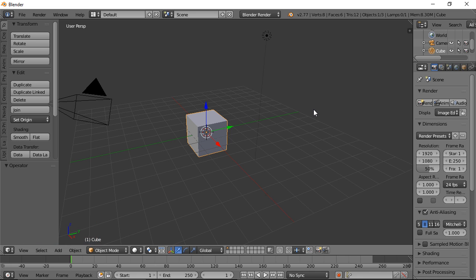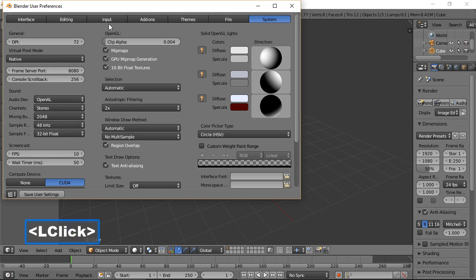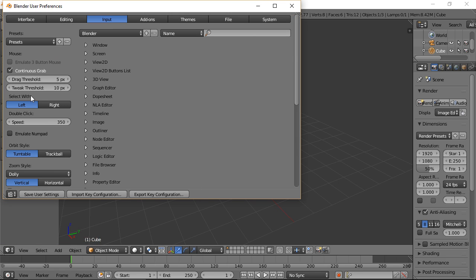If this is your first time in Blender, I recommend you go to File, User Preferences, go to Input, and then choose Select with left click. Blender's default select is with right click, and this may confuse you if you're coming from Adobe or other 3D